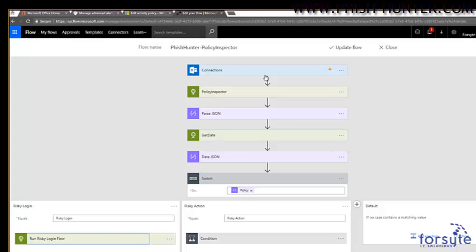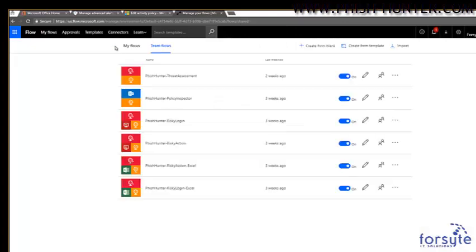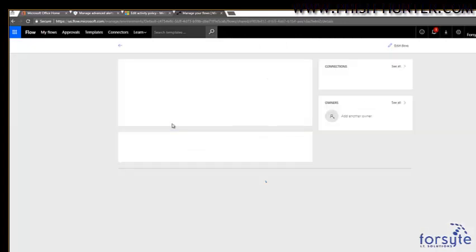We take a look at what type of event it is. Is it a risky login event? Is it a risky action? Is it a risky email? And then based on that, we call into additional workflows that take the appropriate action for that specific policy. So we'll take a look at one of those real quick. If we look at, say, a risky login event here,